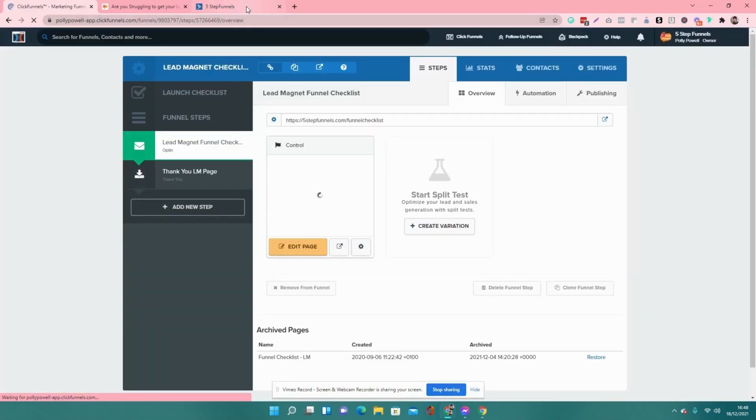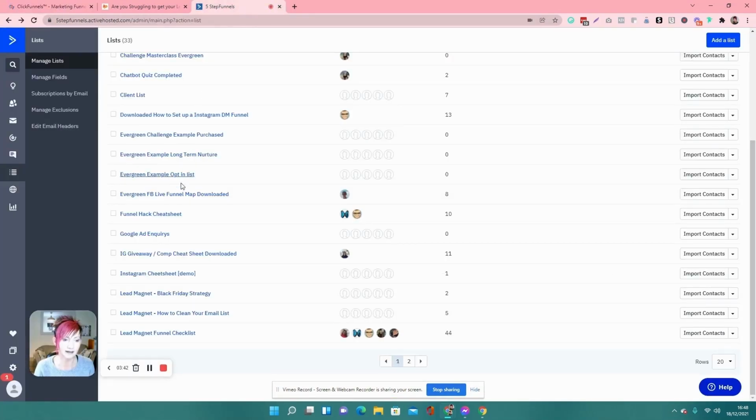And if we go back to our ActiveCampaign account, the lead magnet funnel checklist is there. That puts them on the list. But now we need to deliver the actual lead magnet, and we do that under automations. So if we click on automations,